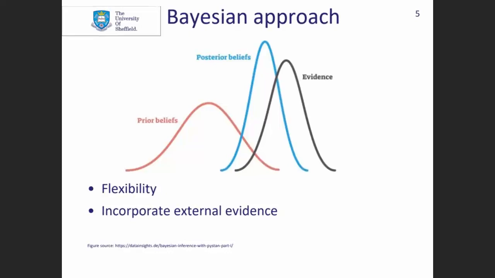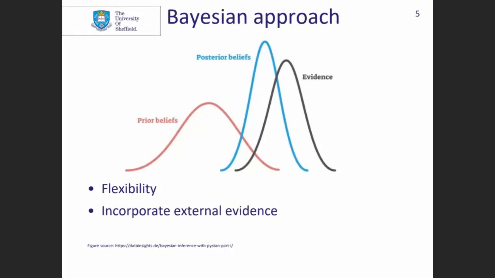And this posterior distribution summarizes what we learn about the quantity of interest after we've seen the data, which is in this black curve. So to summarize, a Bayesian approach is a process of updating our previous prior beliefs in red in the light of the evidence, which is in black, to obtain new or posterior beliefs on the quantities of interest. The final product we get is this